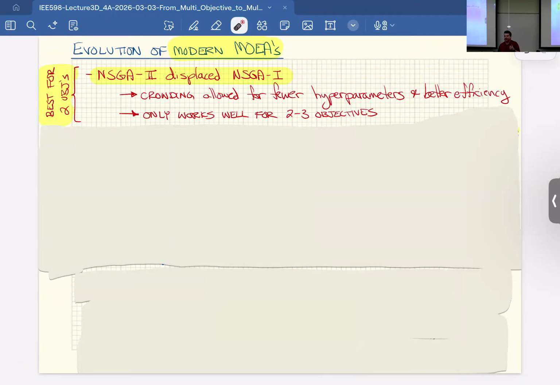Crowding is much closer to being parameter free. In crowding, you don't set a minimum niche size. You just penalize based on space. So if you happen to come up in the tournament and you're closer to your neighbors than another one that comes up in the tournament, then you lose. And so you don't have to say ahead of time how big the niches have to be. It just naturally balances the spacing along the frontier. So that was another really nice marketable feature about NSGA2, fewer hyperparameters to worry about. But it only works well for 2 to 3 objectives.